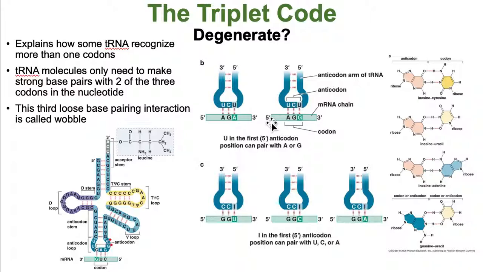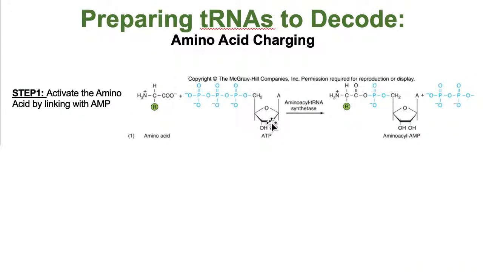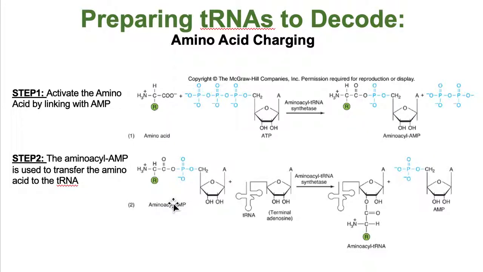So we take an ATP, and this occurs in the tRNA synthetase enzyme, which we'll go into in a little bit. And so you now have this aminoacyl AMP being formed. And then the aminoacyl AMP is transferred to the tRNA. So we have this charged amino acid, in a sense. It is fitting into the